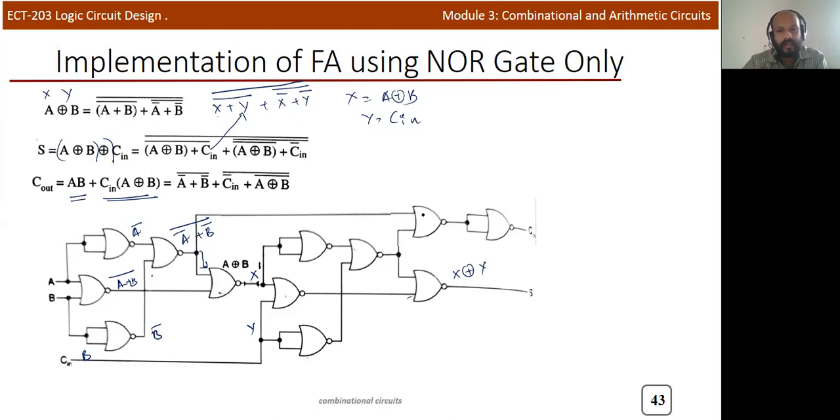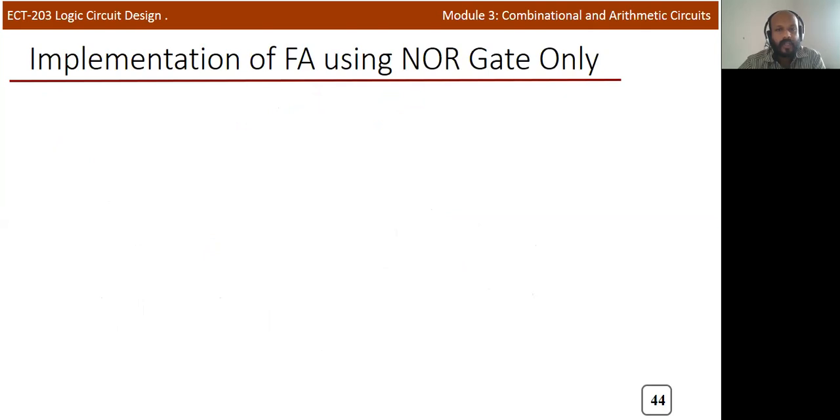And again, we need to perform one more NOT operation, because we are getting A, B here and C in X or B. So we will perform one more NOT operation here. So finally, you are getting this particular cell carry out. Okay, simply substitute, you will get all these things. And now we need to implement